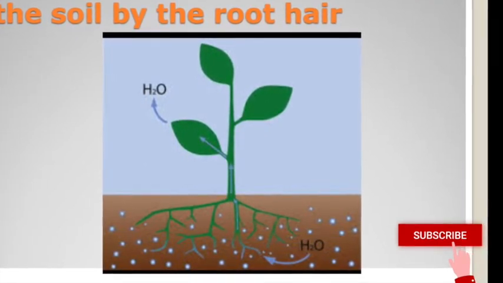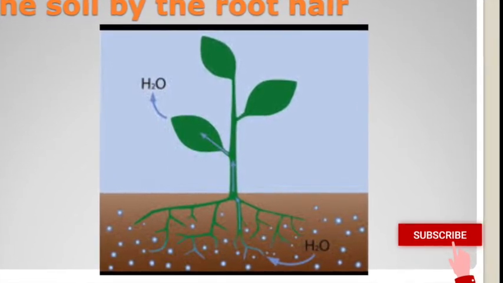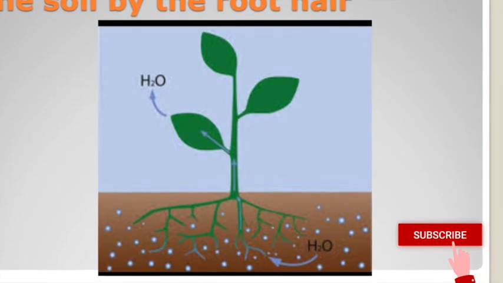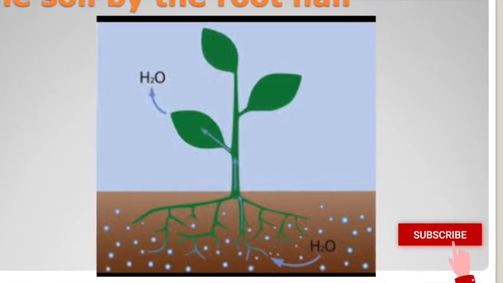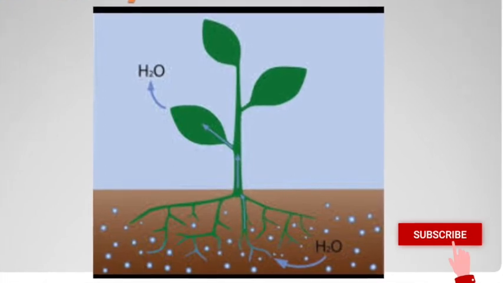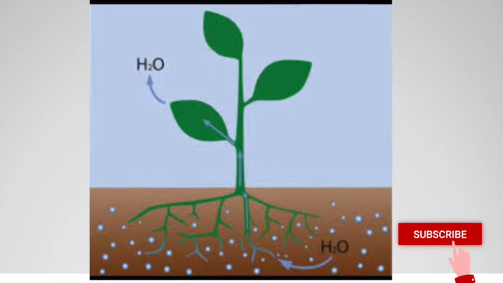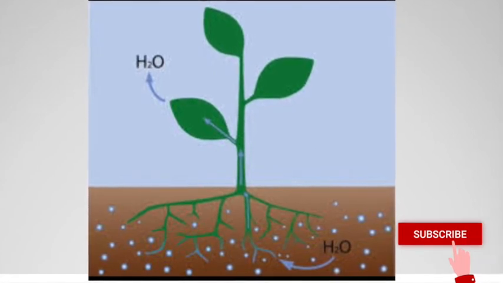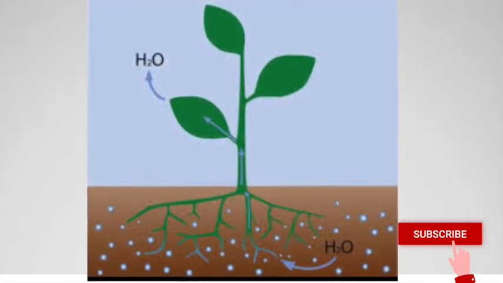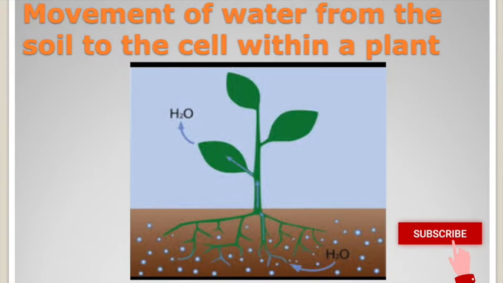That is where we have the root hair. The root hair serves as a semi-permeable membrane. It allows these water molecules to enter through it, and then it indicates the process of osmosis. In another example of osmosis in plants, which is on the next slide,